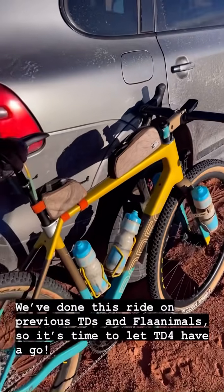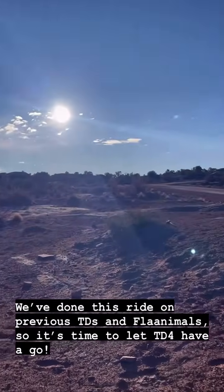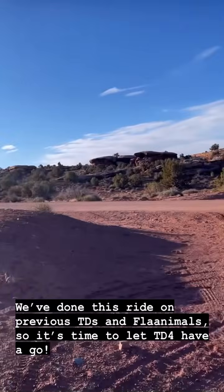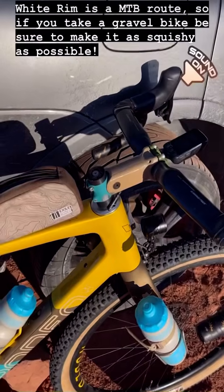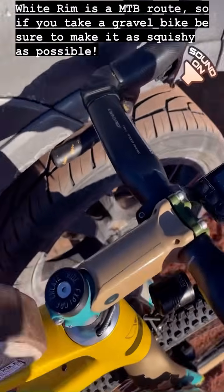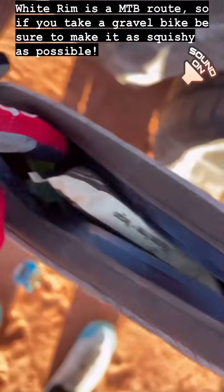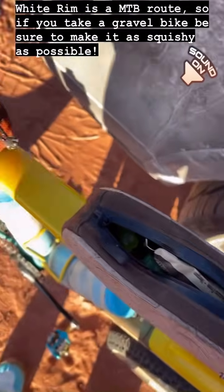We got a beautiful day today. 22 degrees right now, but should warm up into the 50s. I put the red shift back on this thing. Got the Wahoo fully charged. Got gummy bears, snacks up here, shots,